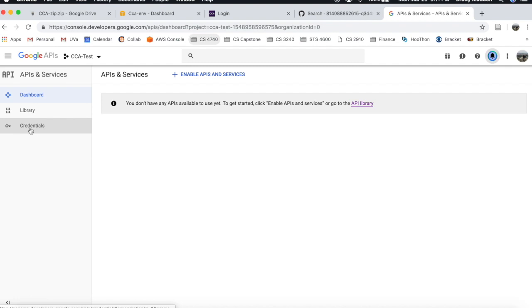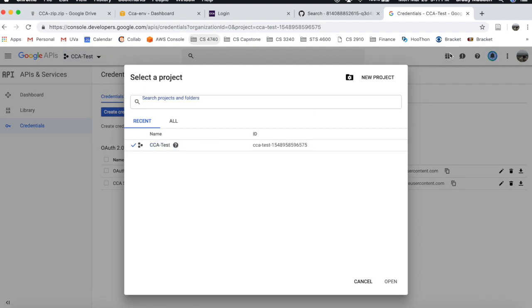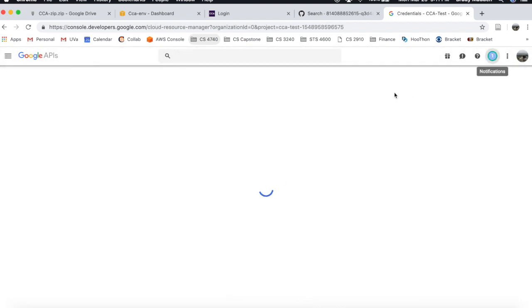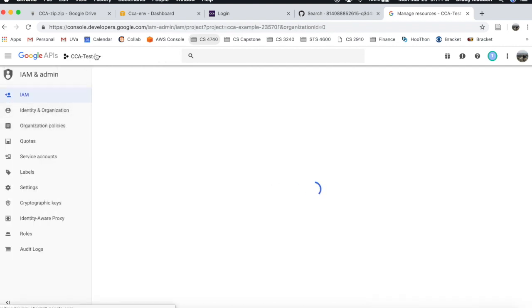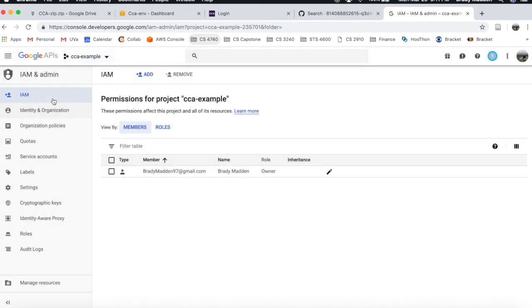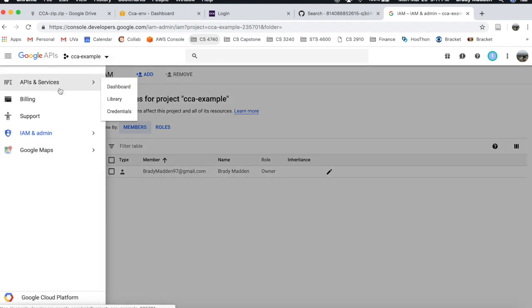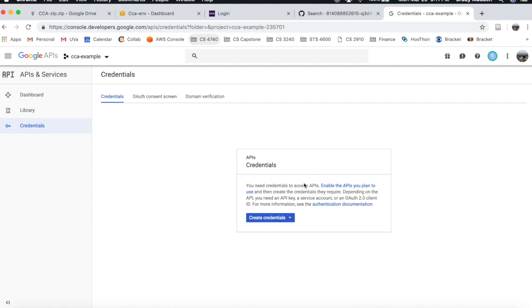And we're going to go ahead and go down to Credentials. Oh, I'm sorry. Go ahead and click on CCA Example. There we go. Now we're using the right one. So we can go ahead and go to Credentials. There we go. So we need to create some credentials so users can use their Google accounts to sign in